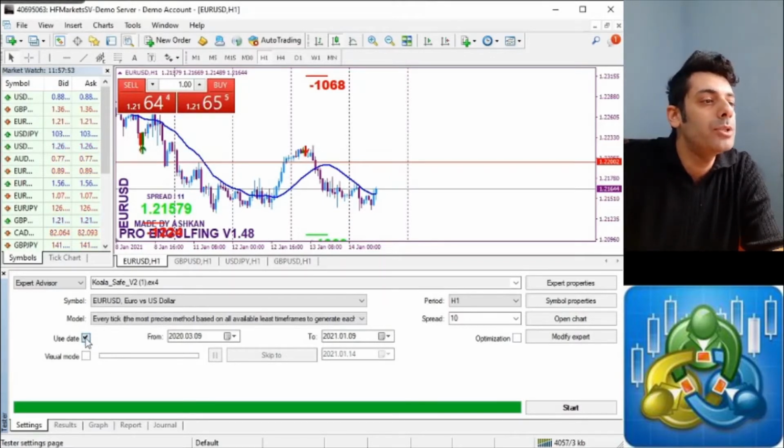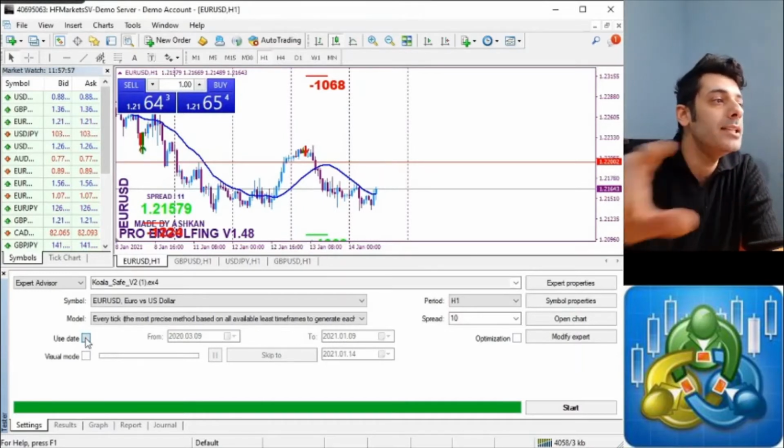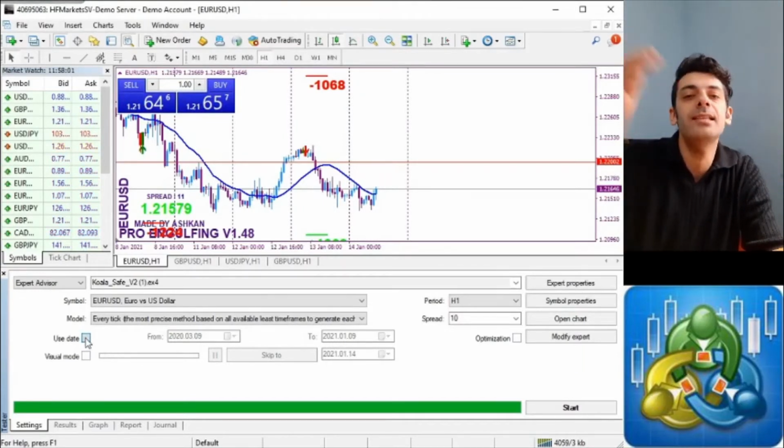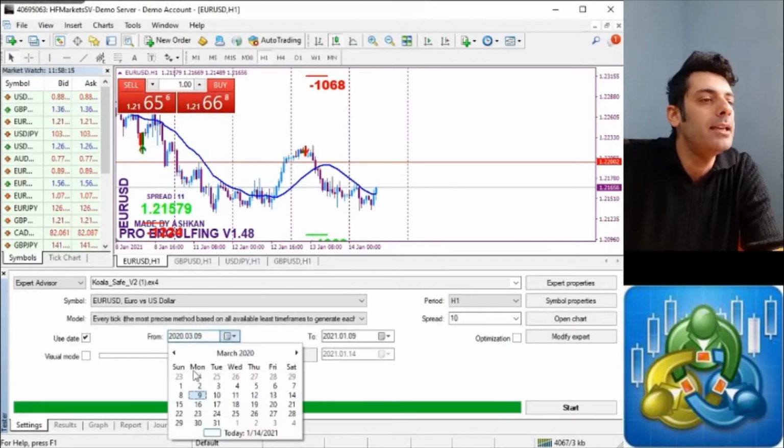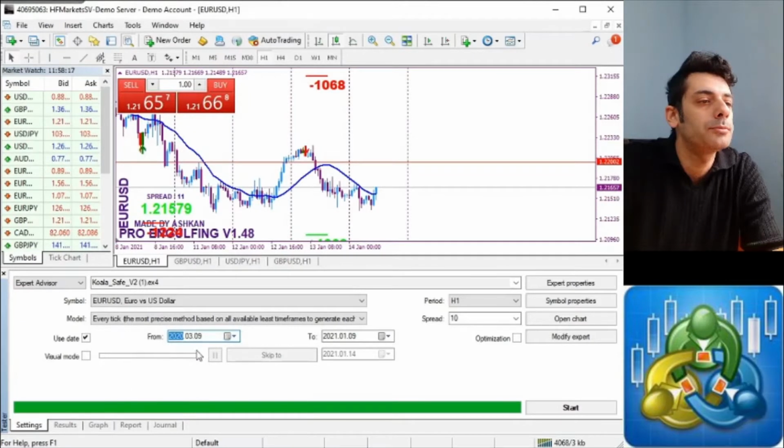As you know, if you turn off the use date tick, the test will run through all the history that you have on your computer, but you can pick a date for the start and another date for the end of the test, and you can choose and adjust them with these calendars here. I'm going to put it at about 6 months maybe, or 9 months. Okay,